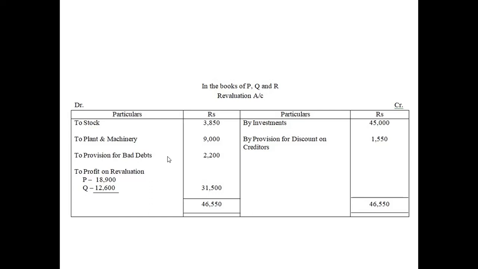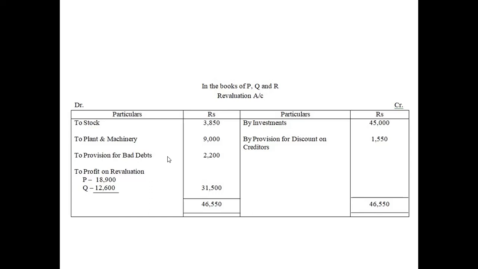See, now the creditors are liabilities, isn't it? So whenever you create provision, okay, whenever you create provision, that is liability. Okay, any form of provision is a liability. Okay, now creditors, they are liability. Provision is also a liability. So liability against liability will decrease the amount of liability.